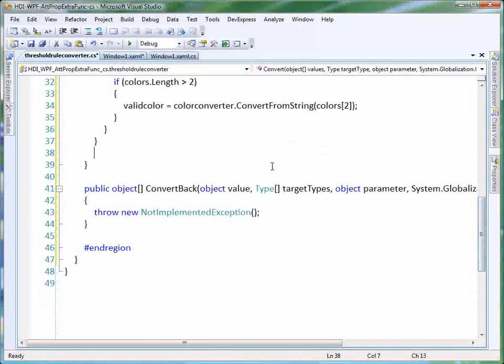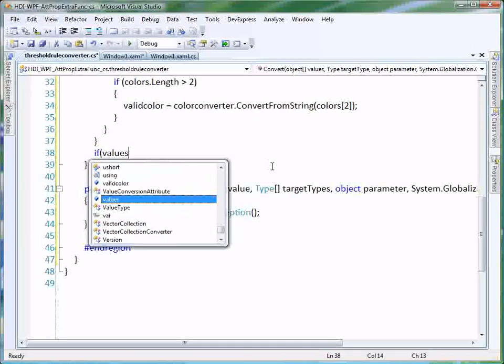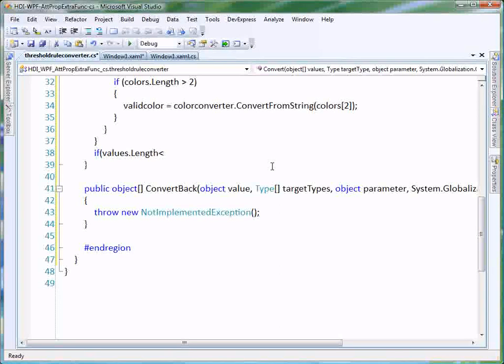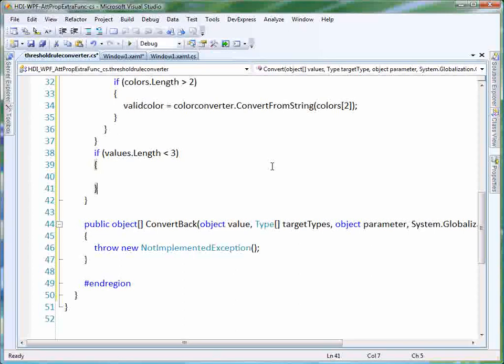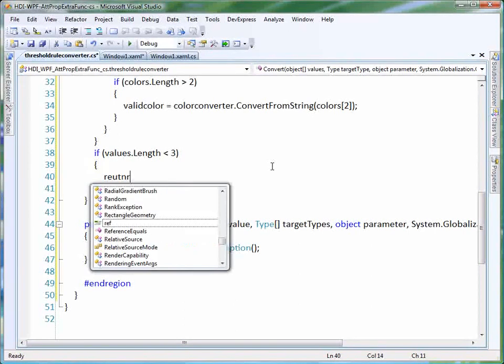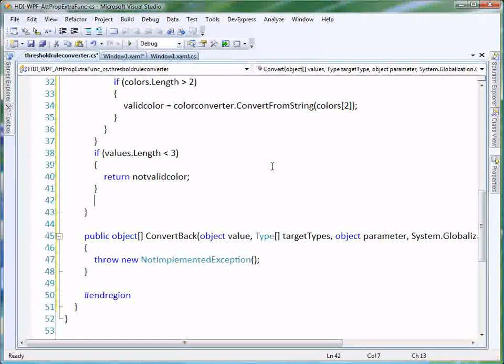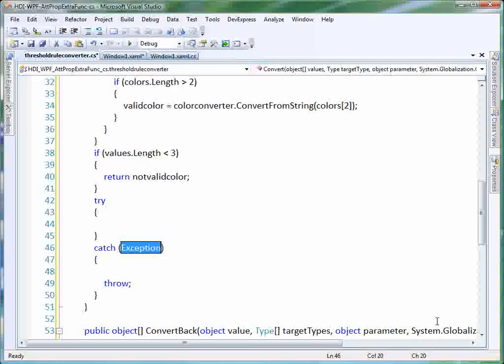Now let's start working with the actual values coming in. So the first thing we want to do is check and make sure that we have all the values that we expect. So we're going to pass 3 values in. So we're going to say if values.Length is less than 3, then we're going to return not valid color, because remember, this is a converter for colors, so we want to return the color that we're going to set the background of our text box to. Alright, so if we have 3 values, then let's do our try catch block here,